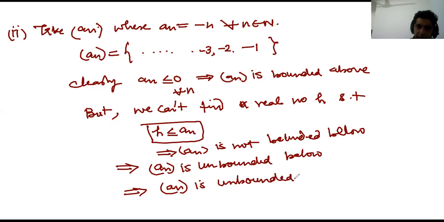So we can say a sequence which is unbounded below or unbounded above is an unbounded sequence, right? So this is how we can say a sequence is a bounded sequence or unbounded sequence. So